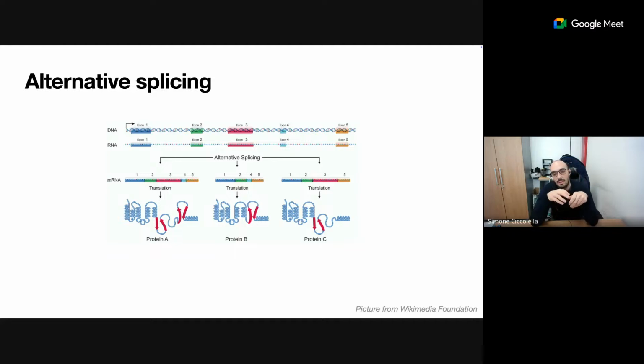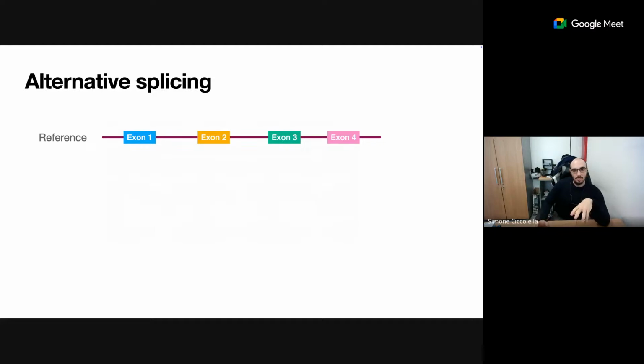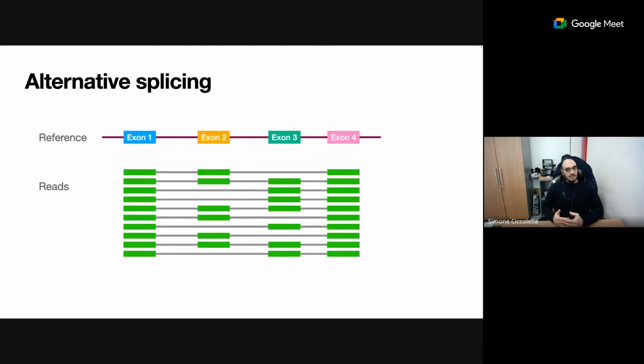And the way we usually solve this in classical approaches is that we have, alongside our reference, a database of all these different exons and how they combine with themselves to produce proteins. However, this is still reference-based, and all the databases are reference-based. But let's have a look at what we usually see. Suppose we have a reference, annotated with the different exons. What we do is get a bunch of reads.